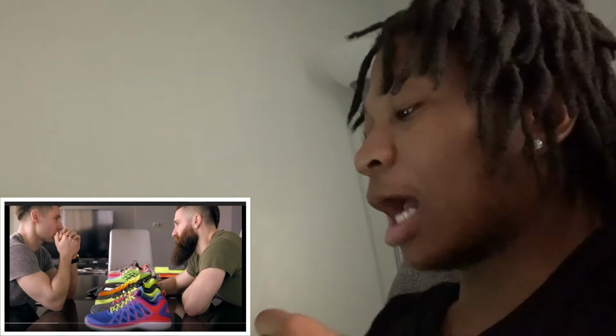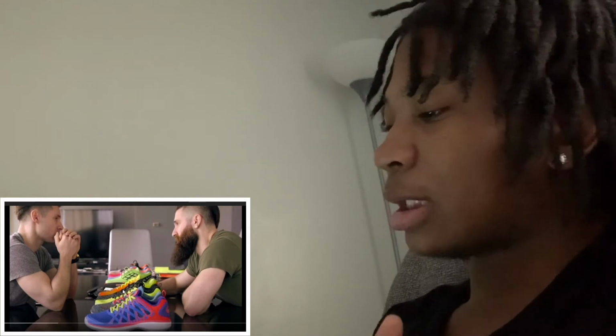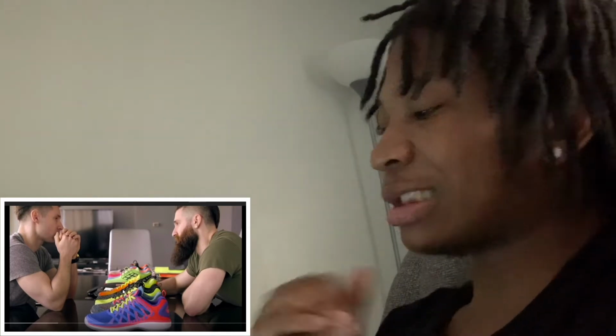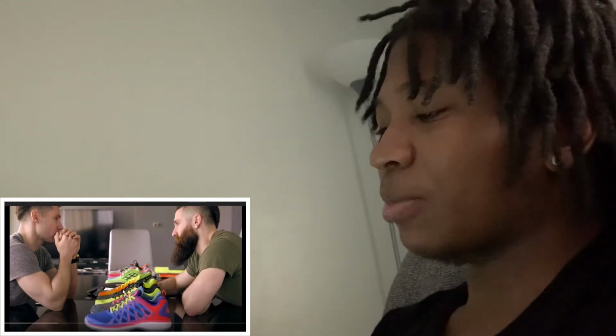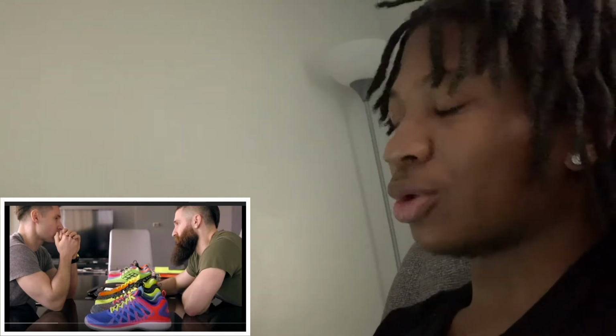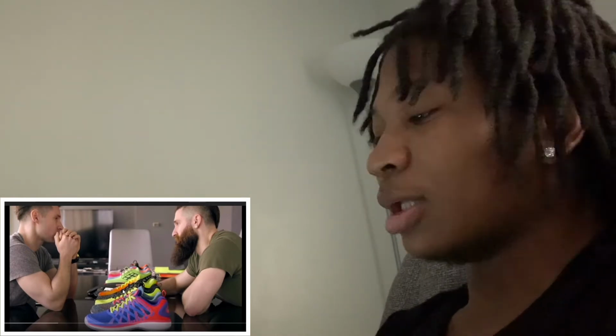But I like the look of them though. The look don't look bad at all. All they gotta do is just take that, whatever they just said, the foam or whatever they called it, out of the shoe. And that would definitely be a shoe I would wear in basketball or any sport that I would play and stuff like that. Because that shoe ain't that bad. Look, they definitely got the right concept to make a